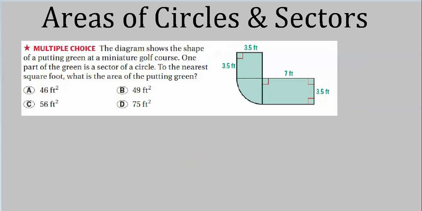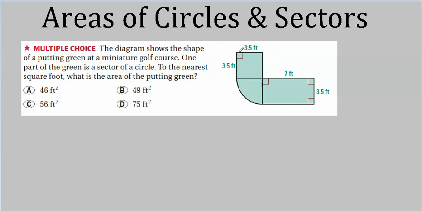Now for this one, naturally they want us to add up a bunch of areas. And we can do that. To find the whole area, we can find the area of this triangle, or pardon me, rectangle, this rectangle, and then this sector of the circle. And we know we can do that from a previous theorem, which tells us that so long as the areas don't overlap or have any gaps, we can add them all up. That's exactly what you would have thought was true if you've never even taken this class, isn't it?